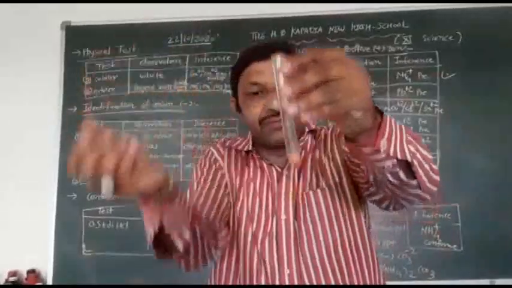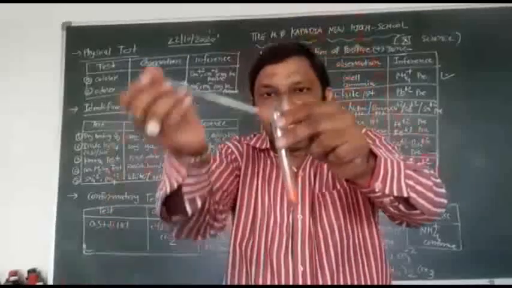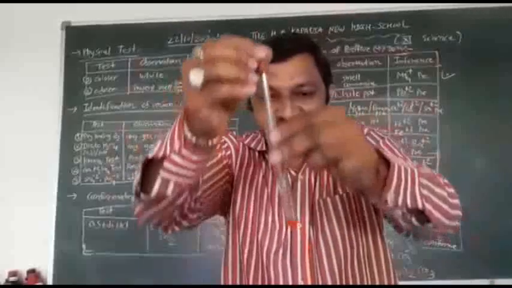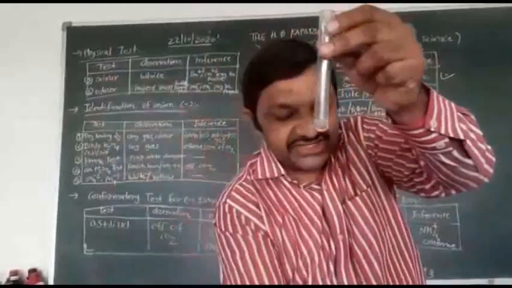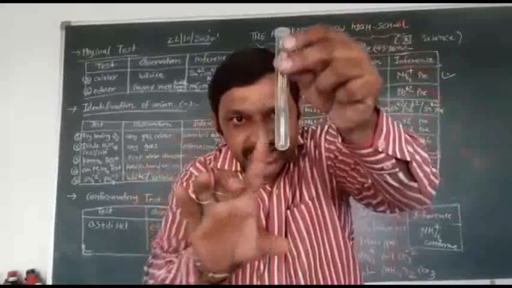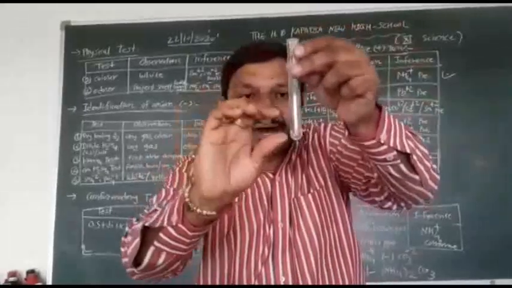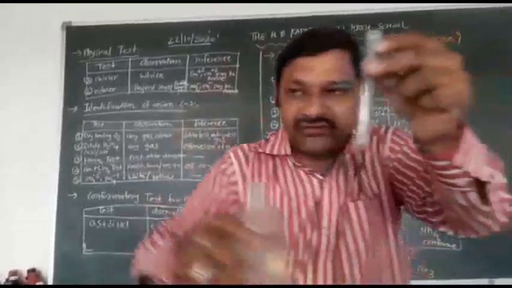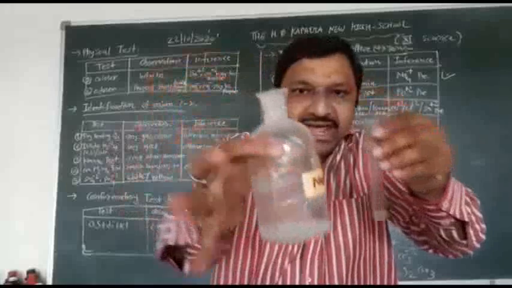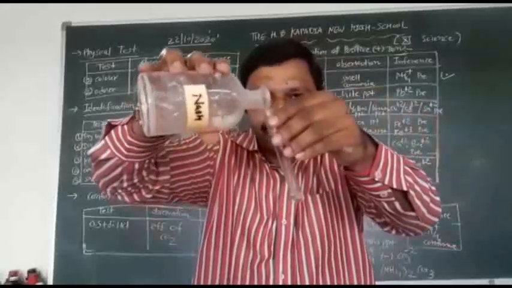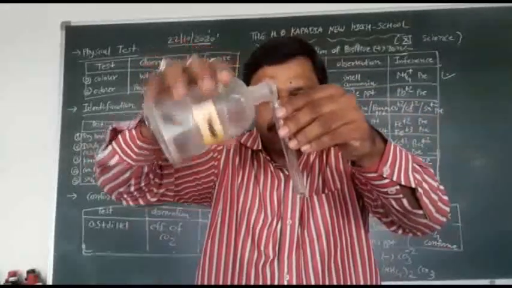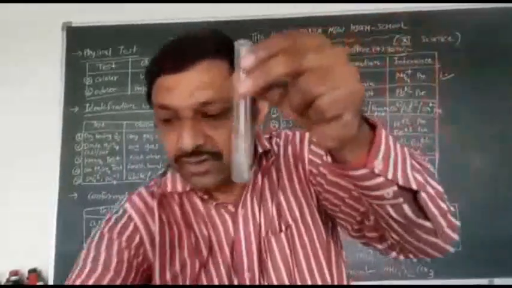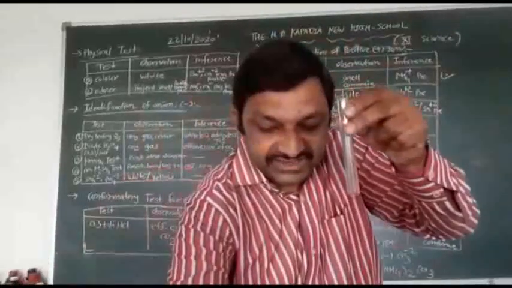So an orange precipitate is obtained. Clear? Orange precipitate is obtained. Now you have to add KI solution and stir your solution till the precipitate dissolves. So here the precipitate is gone. Then add double volume of dilute NaOH. I will add NaOH, double volume. So this is your Nessler's reagent.